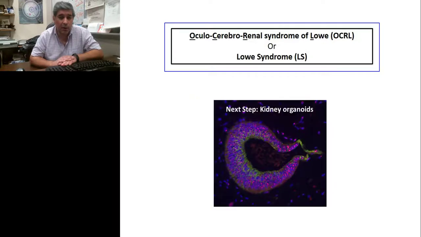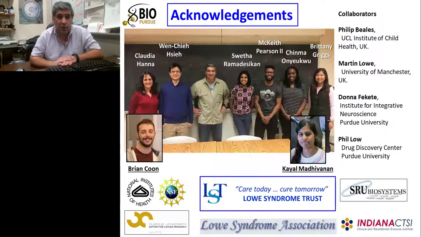The next step in our work is to prepare kidney organoids, and I'm showing you here a picture of one of our first kidney organoids, stained for the different cellular types that make the nephrons. We are very excited about this and are trying to recapitulate the production of a kidney in vitro and study the defects that Lowe syndrome imposes on the organogenesis process. And with that, I'm going to finish, not before acknowledging